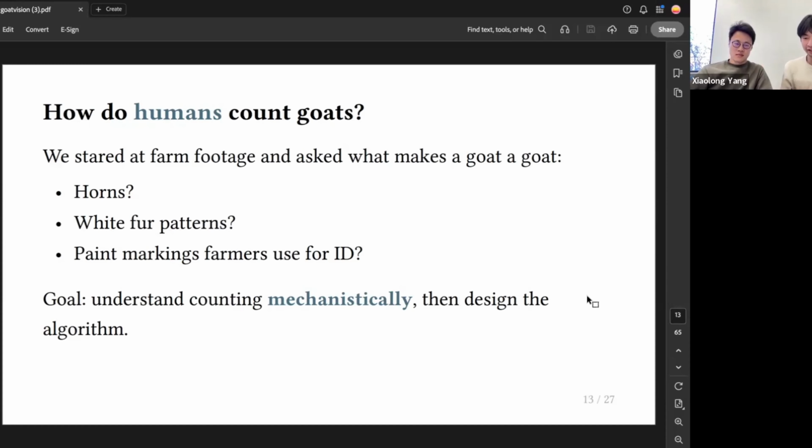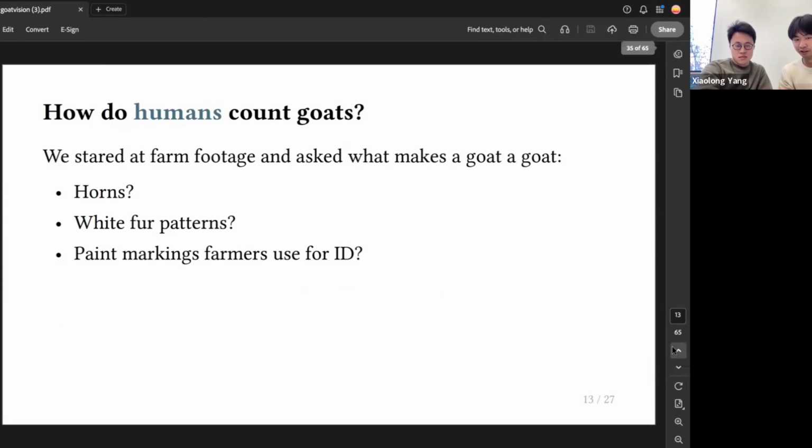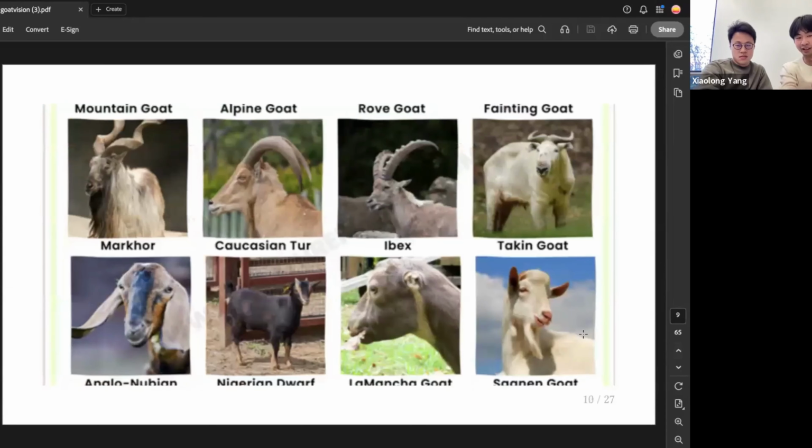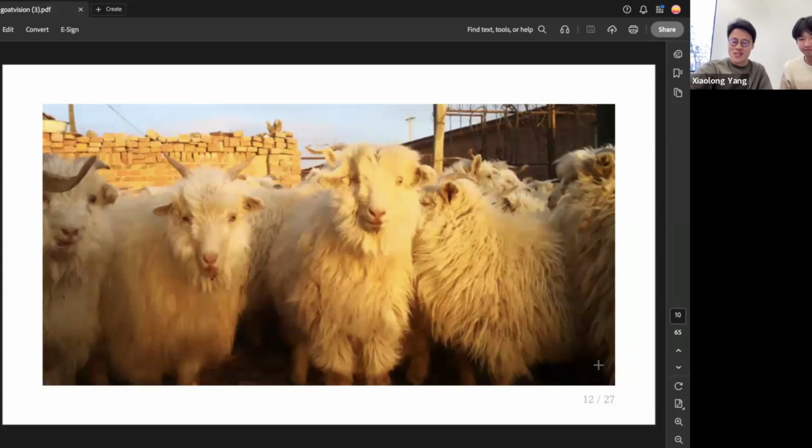But of course, all of these have their own sorts of errors too, because you can have blue that's not on the goat, or another thing shaped like a horn that gets confused. The other image we had was showing how different all the goat types are. These are some of the different breeds of goats, and you can see a computer vision model being extremely confused about the color and exact shape. So it would be difficult to apply such a general model to our specific case. Just for everybody's interest, this is how an Inner Mongolia Cashmere goat looks. They're very fluffy, which makes them even harder for vision models to track.